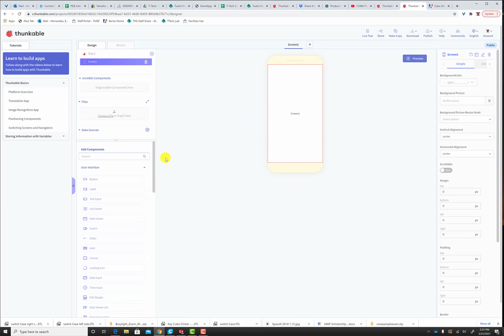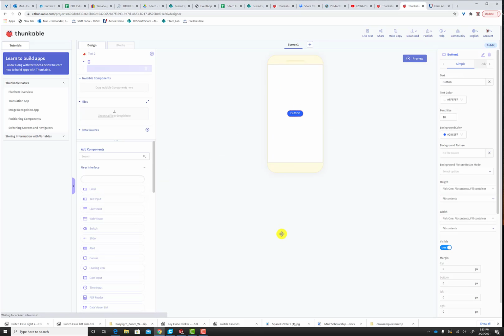Okay, so once you have your screen, then you can go ahead and decide what it is that I'm going to be putting up on this app. This is obviously something that looks like your phone. So if I wanted to bring in a button, I'll put in a button. And that is the physical representation of what you're going to have. And I can change the text. I could call it